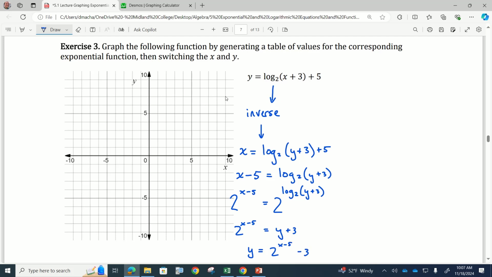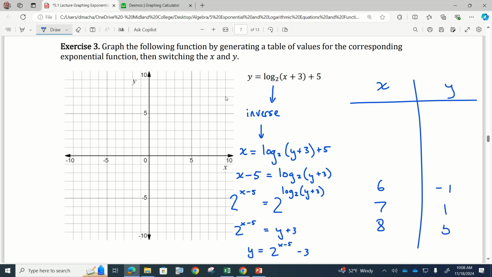Like that. And now let's make a table of values for the inverse function, the exponential. And looking at this, I see x minus 5, so maybe I'll start with 6. And that way I've got 2 to the 1 power. 2 to the 1 power minus 3 would be negative 1. If x is 7, this becomes 1. And if x is 8, and if x is equal to 9,